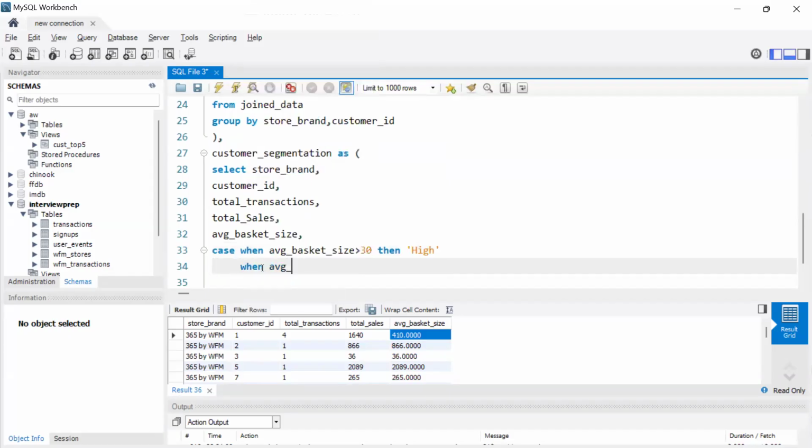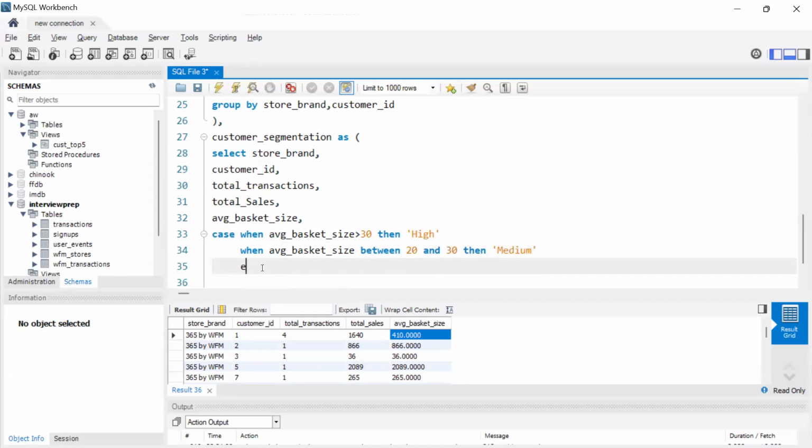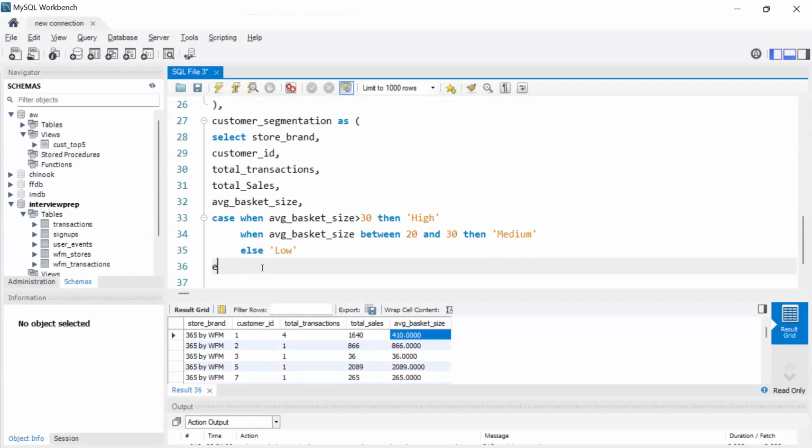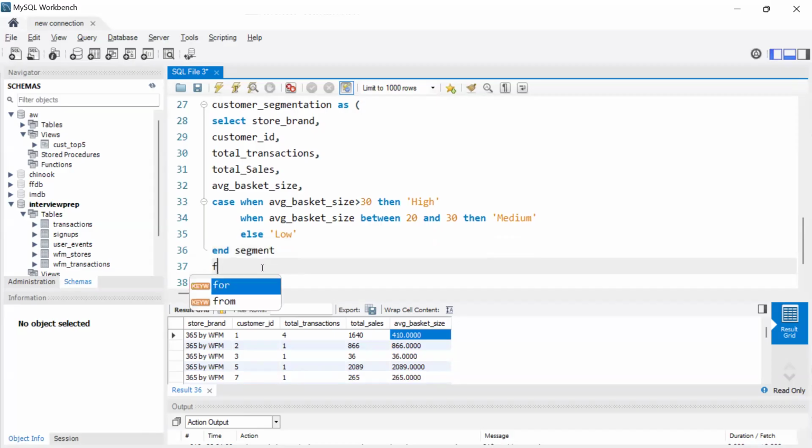When average basket size between 20 and 30, then medium, else low. And segment from customer matrix,